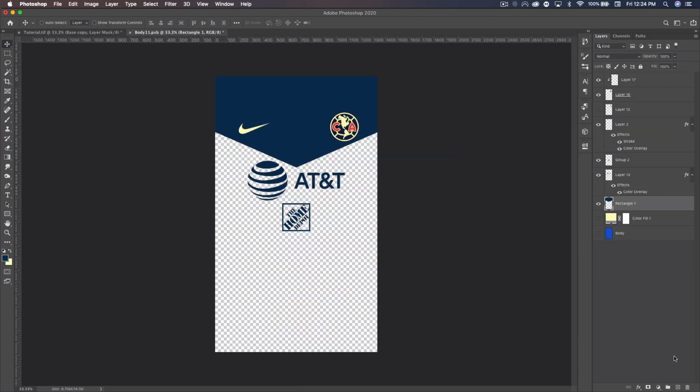Now we're gonna create a new layer above that, and pressing Command, we're gonna click the rectangle layer with that blue and it will select that part we just created. Now I'm gonna flip my colors. I'm gonna get the brush tool and I'm gonna get a soft brush. And I'm gonna increase the size